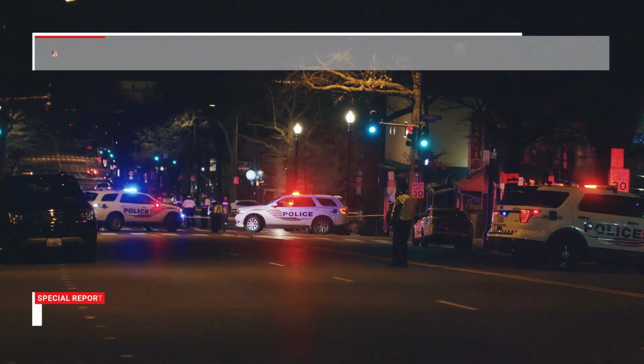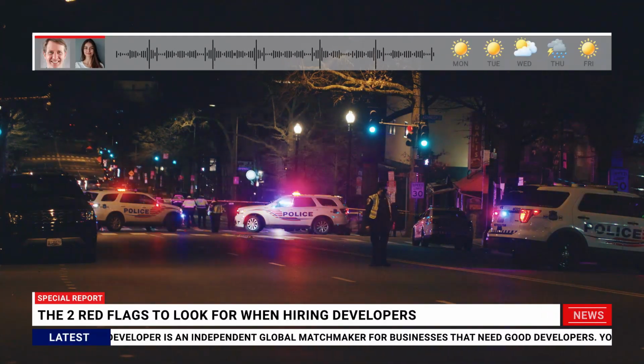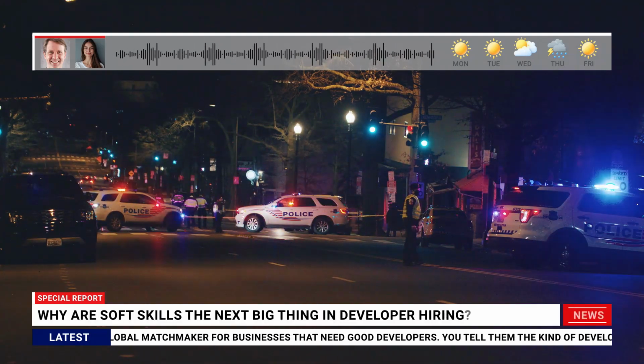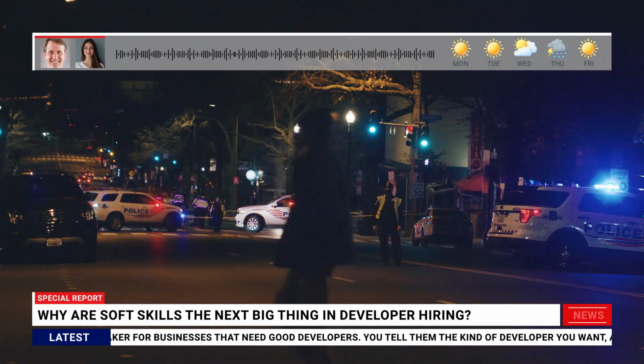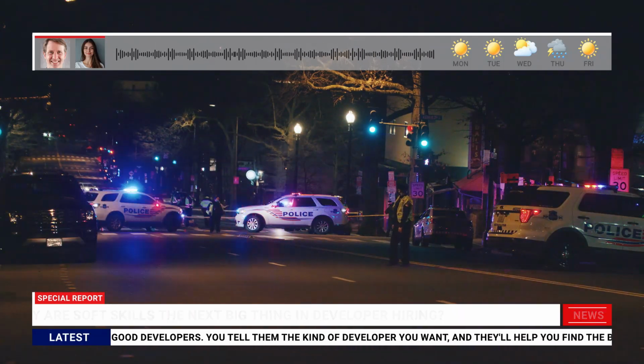Hey everyone, welcome back. Today we're going to do a mini deep dive on Metasploit developers. I know a lot of you out there are trying to hire Metasploit developers right now, and it can be tricky finding the right person. So in this deep dive, we're going to go through a few FAQs about Metasploit developers to help clear some things up.